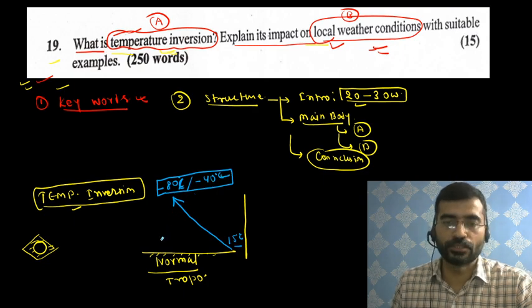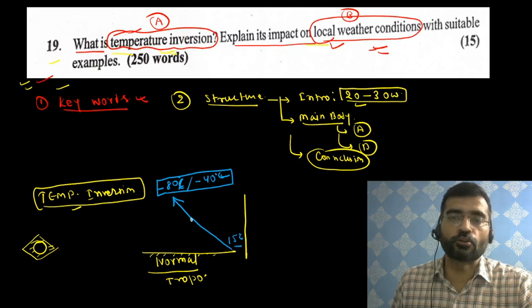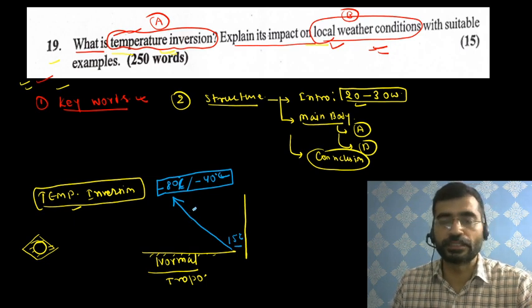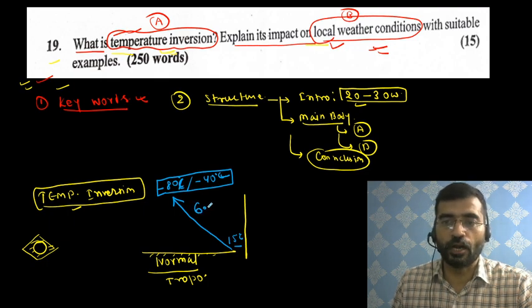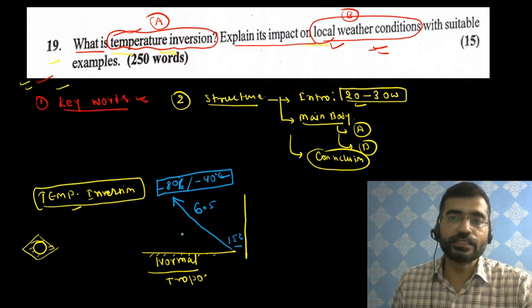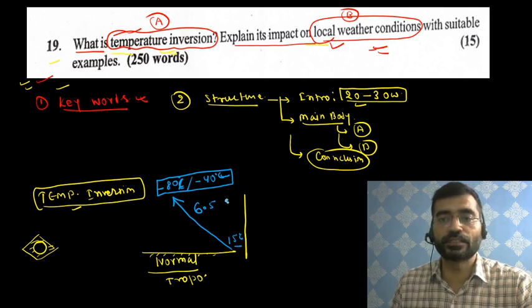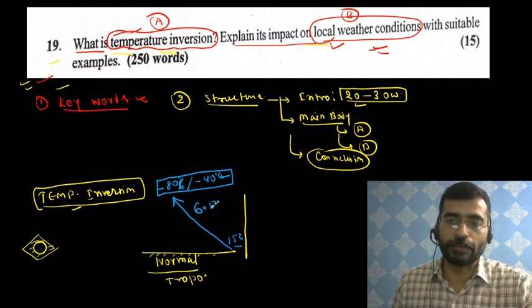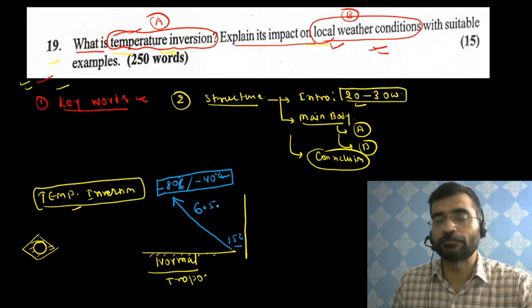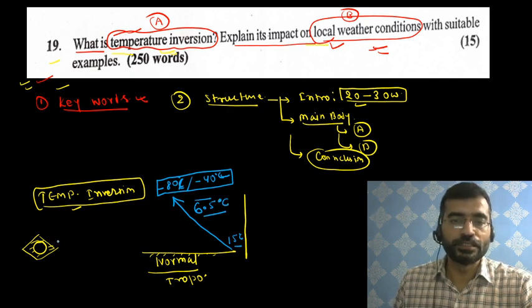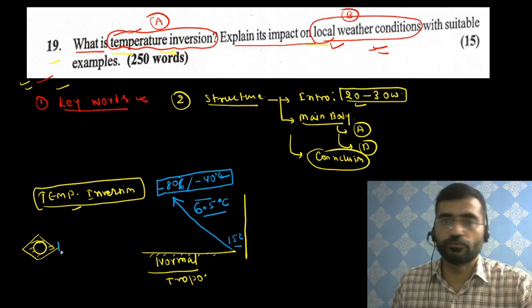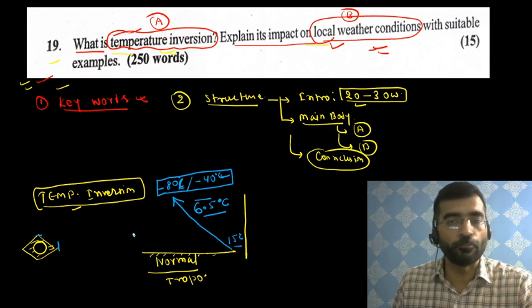How does it happen? This is because of the normal lapse rate. The normal lapse rate, you know very well, is the rate that explains how temperature decreases with increasing height. There is a fixed rate of decline in temperature. Temperature decreases about 6.5 degrees Celsius at every kilometer. This way, near the equator, the height of the troposphere is quite greater than the height found near the polar region.